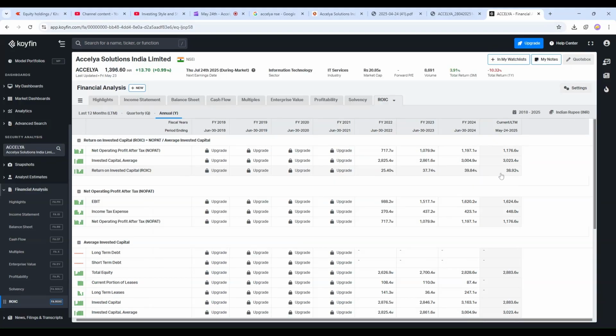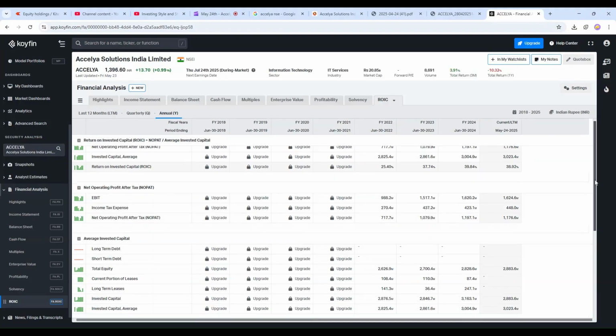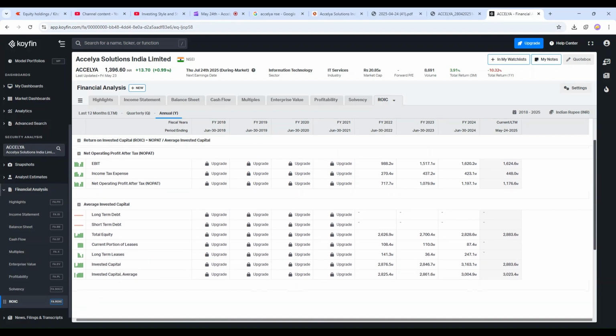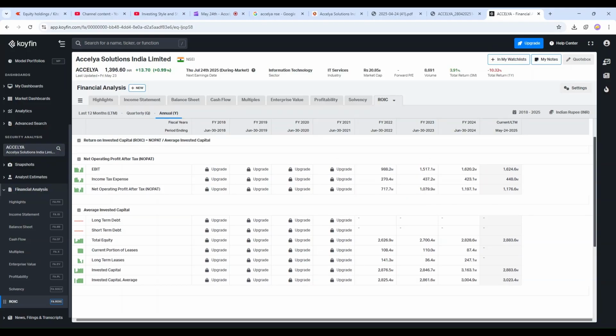Once again, return on invested capital is high. EBIT, no, PAT, net operating profit after tax. But to do the real analysis, we shouldn't do analysis by excluding tax. Today the tax is somewhere in the range of 22%. In future it may come down or it may go up. Government can decide to reduce it to 18% or 15%, or government may decide that taxes should go up to 30%.